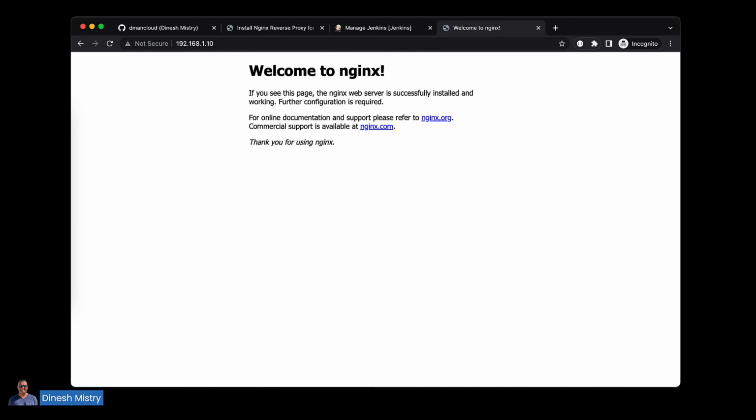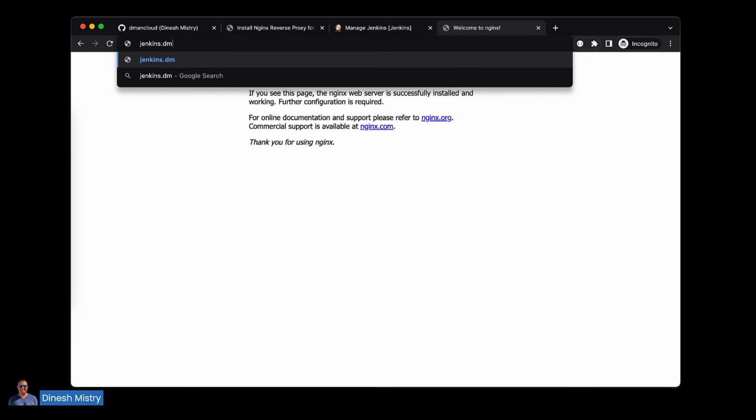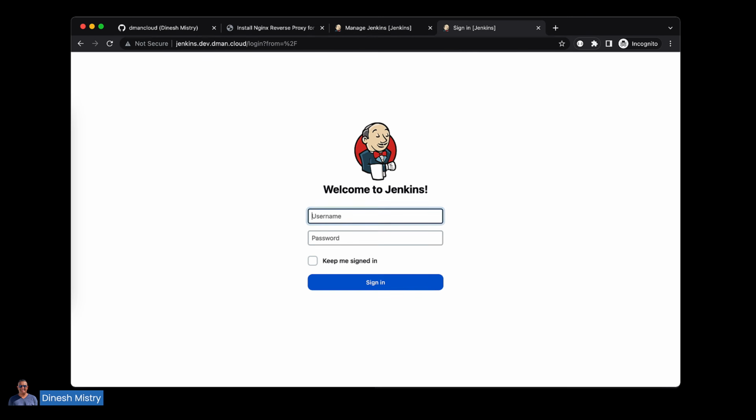And remember, we need to change this from the IP address to the domain name that we have configured. So part of the prerequisite is that you have a DNS entry set up and pointing to the IP address of this virtual machine. In our case, we used jenkins.dev.dman.cloud, and we can see that we now have Jenkins running on our custom domain, and we're presented with a